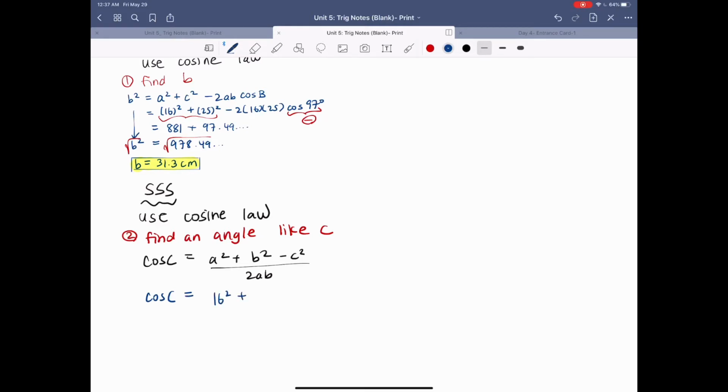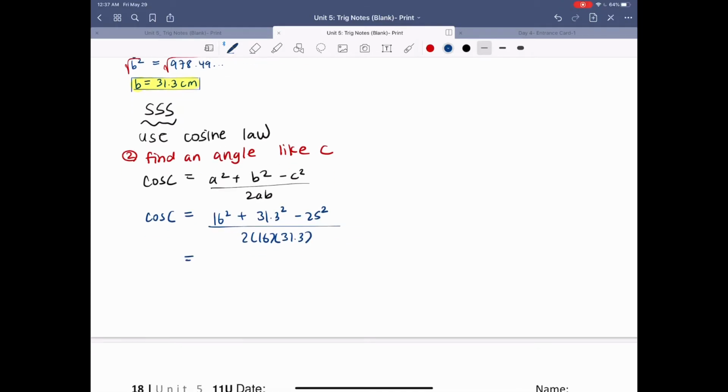So 16 squared plus 31.3 squared minus 25 squared divided by the following. I'm going to try to keep the exact numbers where possible. So I have cos C is equal to